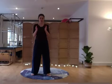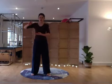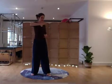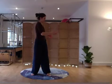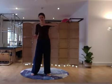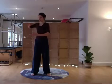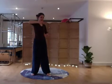And then imagine you're holding this gentle ball of energy. You can always rub your hands together again to reignite the immediate feeling of heat between your palms. And we're just going to take the ball of energy with us as we go into this exercise called waving the hands in the clouds. So holding gently the ball of energy as you take one elbow forward and the other elbow back. So if you look at this gentle waving motion,